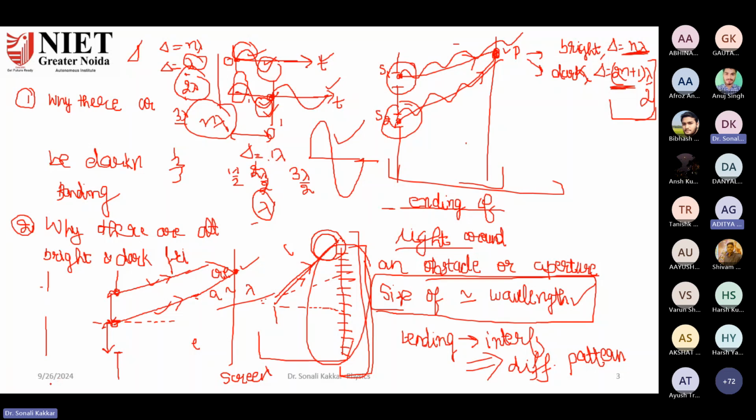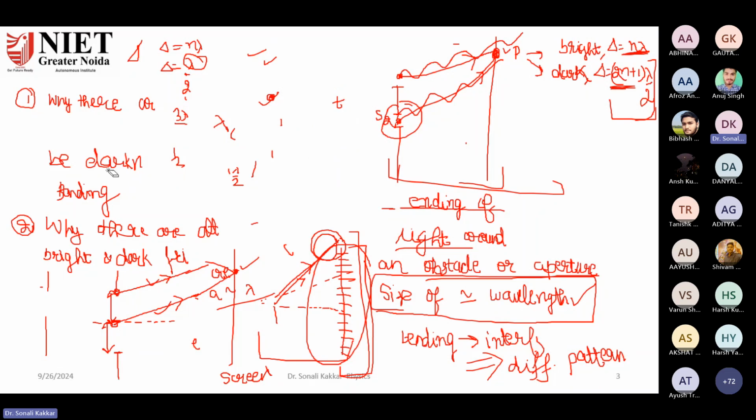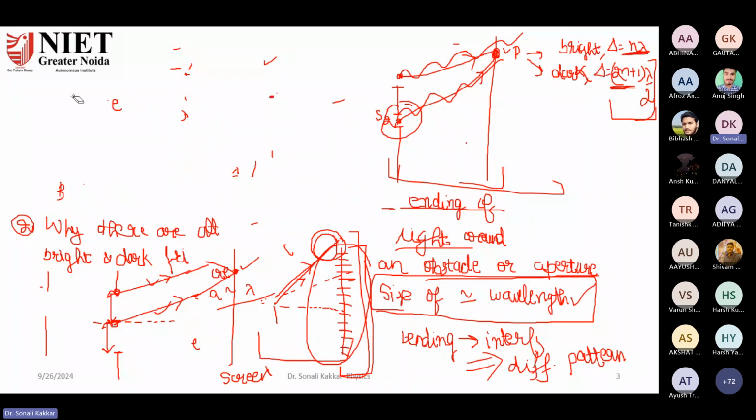Okay, so I was telling you about diffraction. I'll explain one more time. Suppose this is the slit S. You divide this slit into only two parts, two portions. First one is this, second one is this. There is no discontinuity over here. You are only thinking of this slit as divided into two parts. This is the screen.